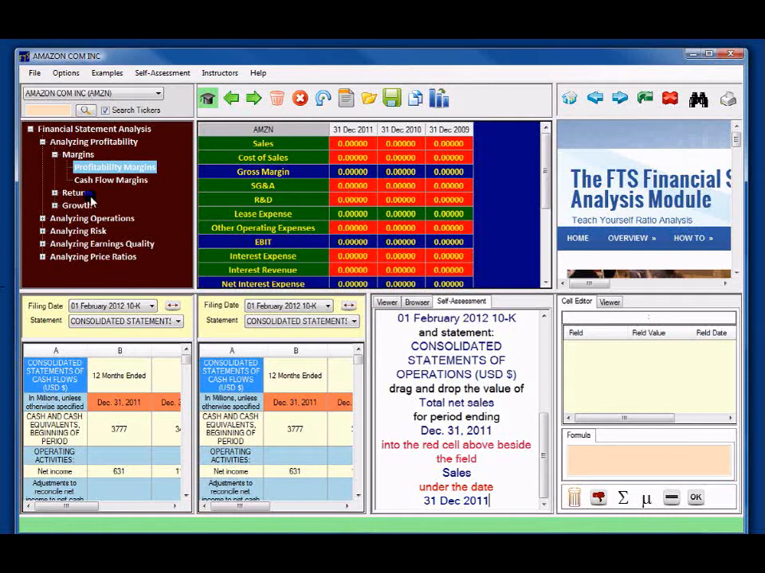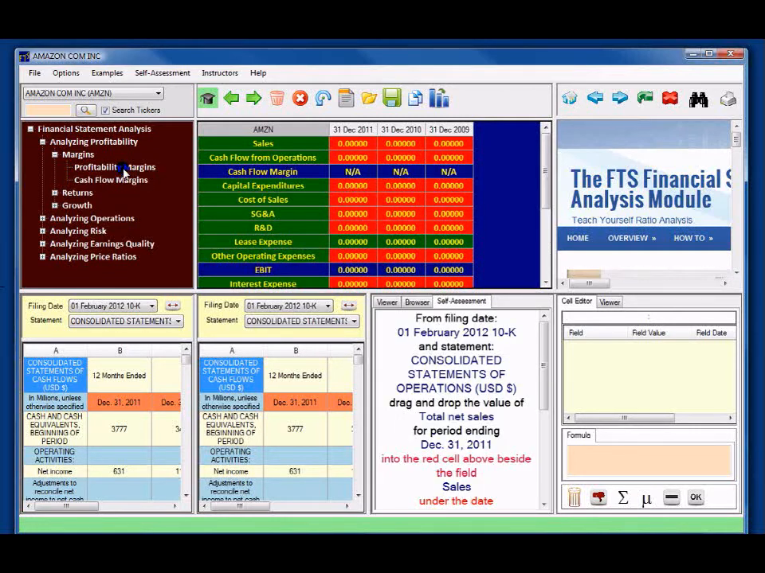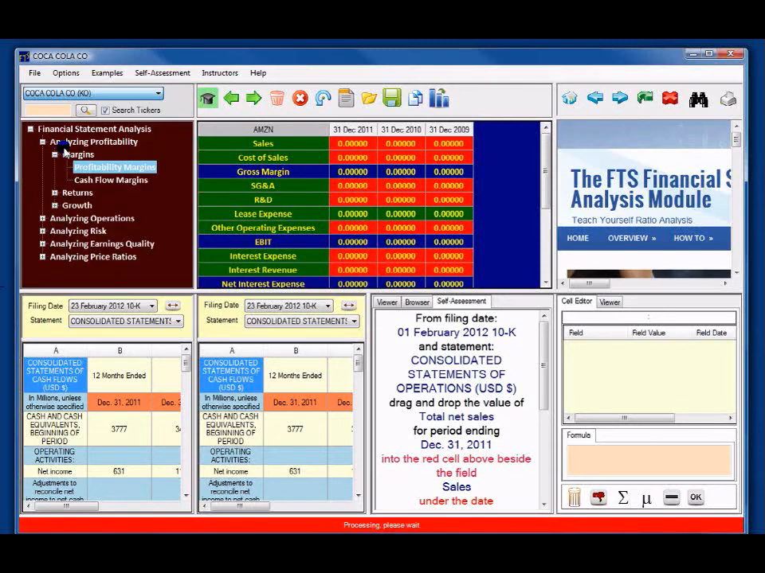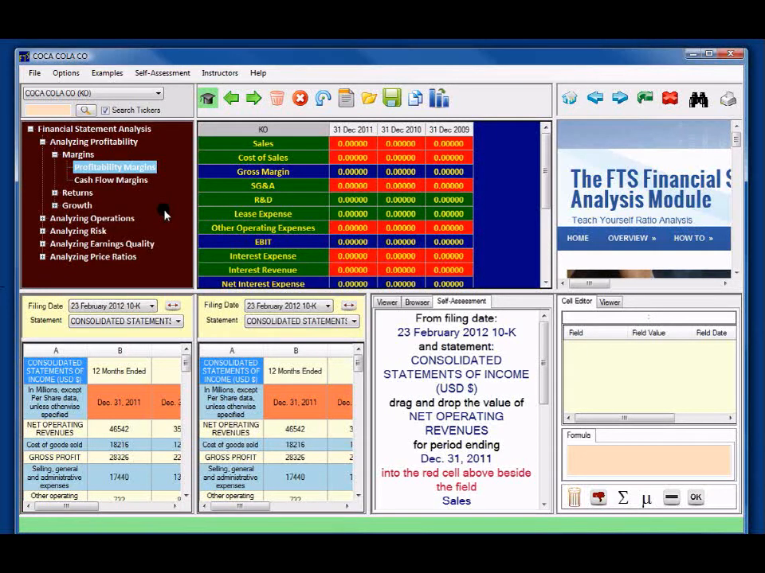And for every one of these topics, for example, cash flow margins, profitability margins, you will see these cells that ended up in red. All that means is that relative to our self-assessment data set, you have not entered the correct value for that cell. And then the way you solve the problem is that you take information from the financial statements and put them into these cells. Let me select Coca-Cola as the company, which is the one I did in the previous example,